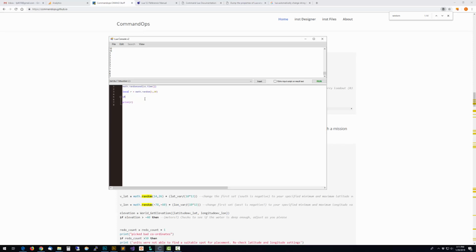We'll say if R, let's just see if it's equal to 5. So here's something that's going to be a little bit different: if you want to see if R is equal to 5, you can't just say equal to 5, or else you're setting R to 5. One equal sign means you want to explicitly set a variable to a value. Two equal signs is a comparison. So if R is equal to 5, then